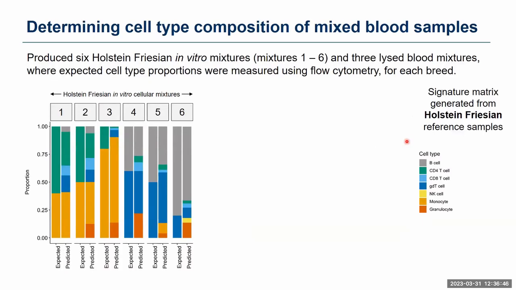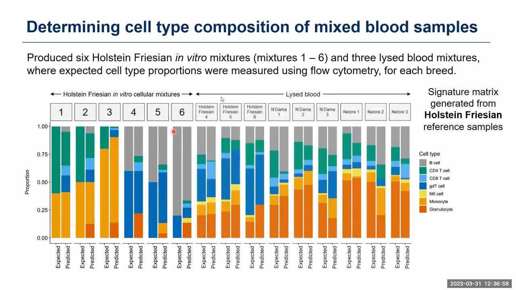And so I tested this on 6 different in vitro mixtures. These were derived from Holstein Friesian, and I just mixed 2 of the cell types at known proportions. And then I also isolated lysed blood from each of the cattle, so 3 Holstein Friesian cattle, 3 Endama, and 3 Nelore. And I determined the composition of these lysed blood samples by flow cytometry so that we had something